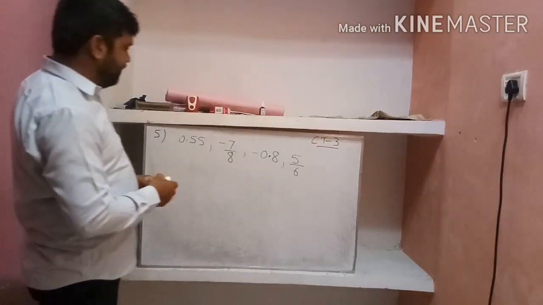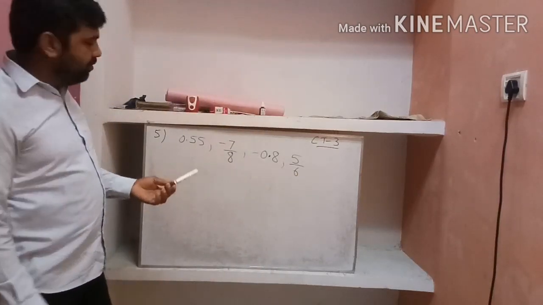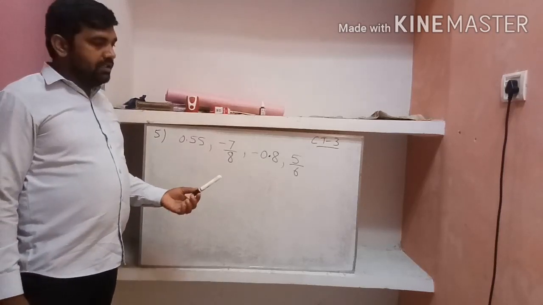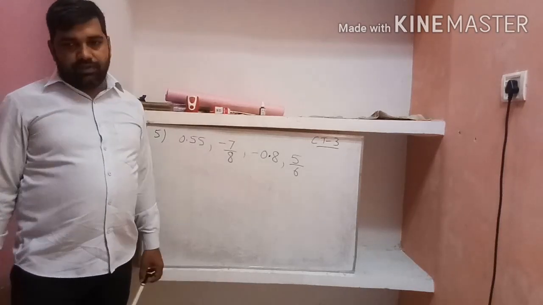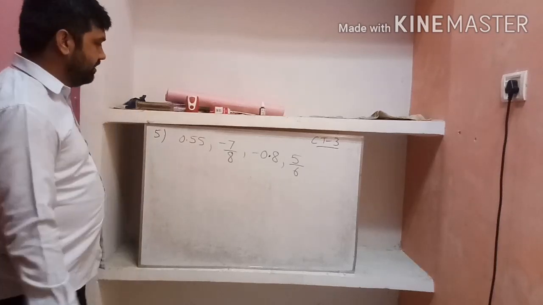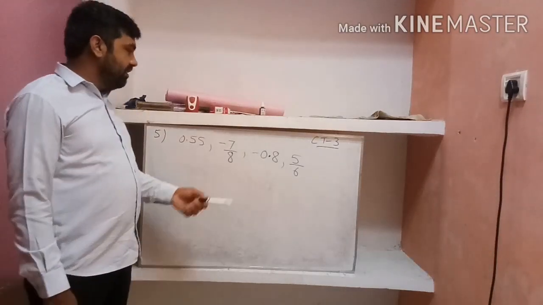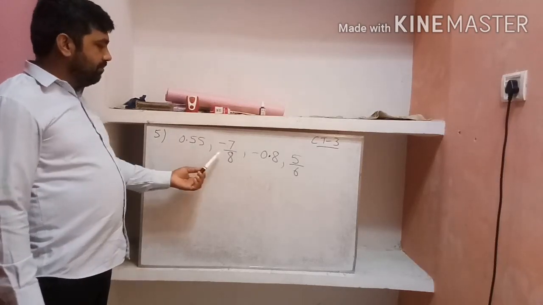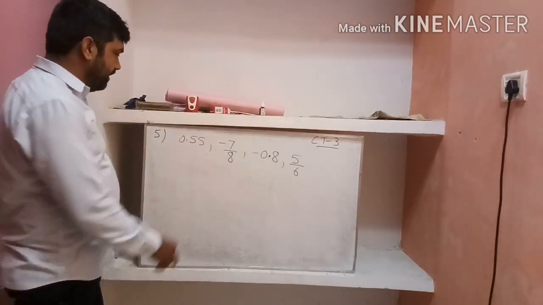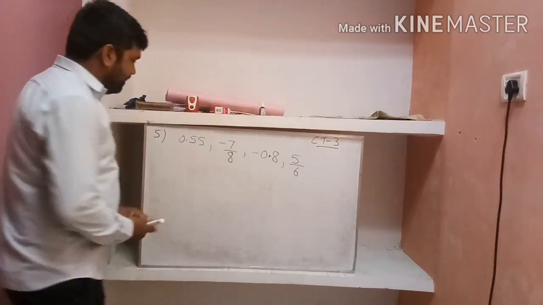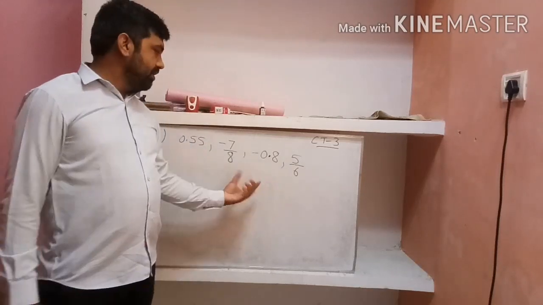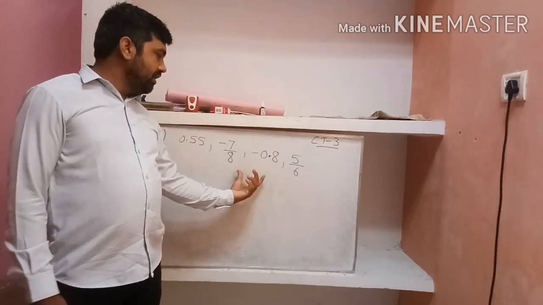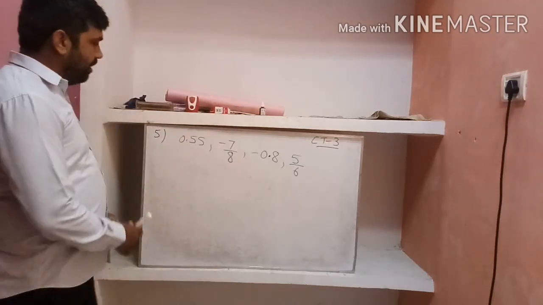So there are four different numbers, and we have to arrange these numbers from smallest to largest, least to greatest, that is in ascending order. So which number is least? The negative numbers are least, but there are two negative numbers. See, this is positive, this is positive, these two are negative. So negative is always least. Now among the two negatives, which one is the least?